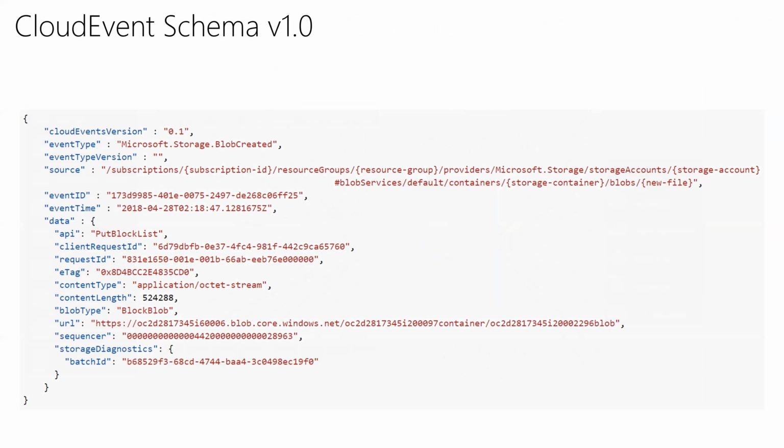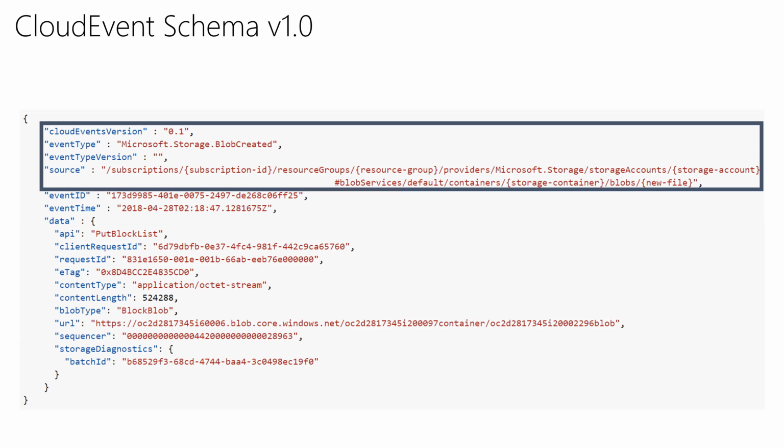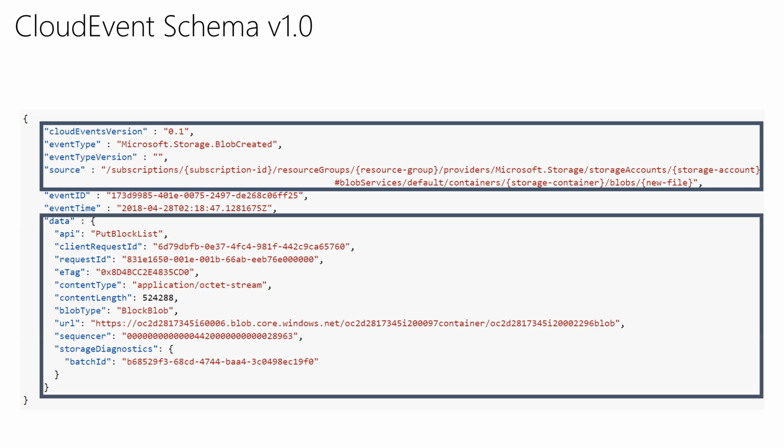What that CloudEvent schema looks like is very similar to what the Event Grid event schema looks like. Ignore the little typo for the event version. It's 1.0, not 0.1. And you will see the same pattern, right? There is an event type, which specifically identifies the type of the event so that we could handle it. And there is a data block, which provides the metadata that is required. So this is exactly the same event that we've seen with storage blob, just expressed as CloudEvent. And Azure services can handle it, or you can handle it on any other cloud.